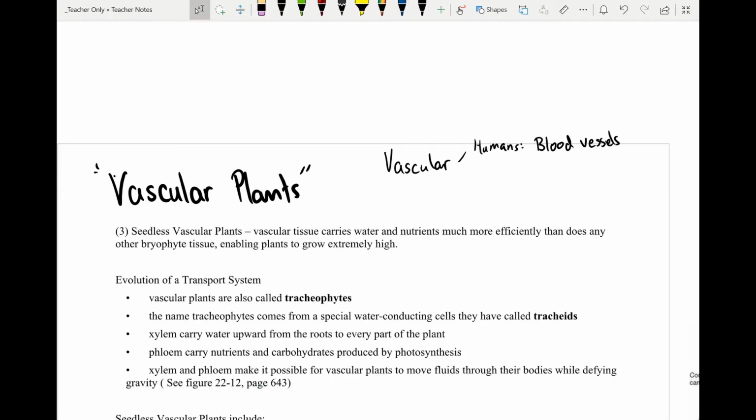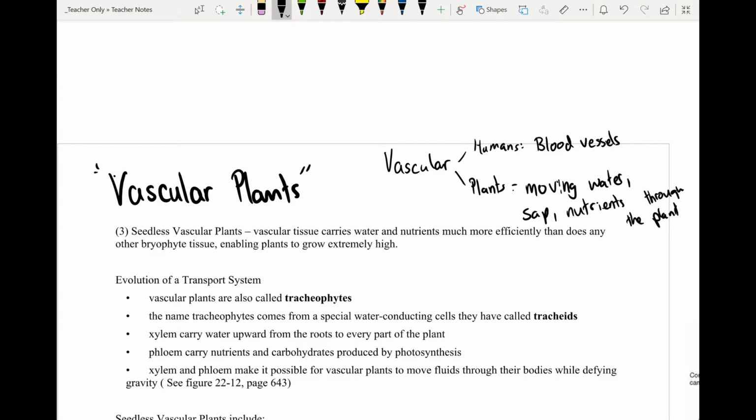Now, it's not correct to say that plants have blood vessels because they don't have a heart, they don't have that kind of system, but for plants, it's all about moving water, sap, nutrients through the plant. So if you want to think of sort of vessels for moving things,